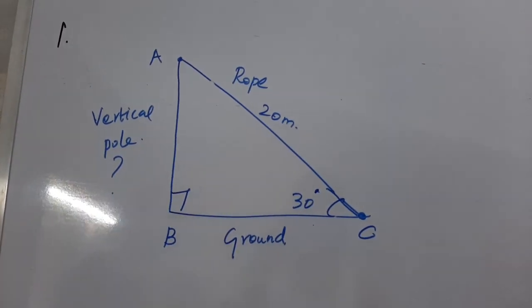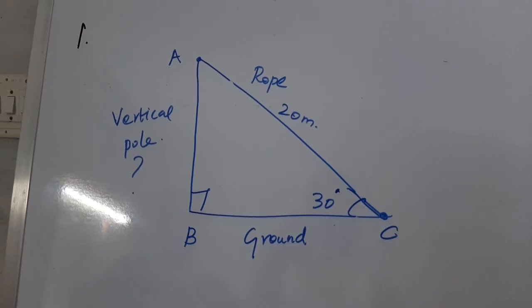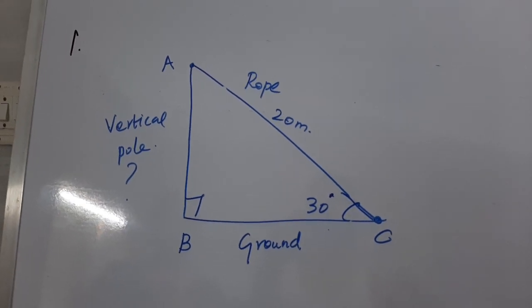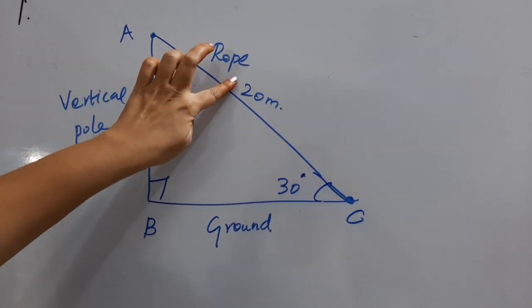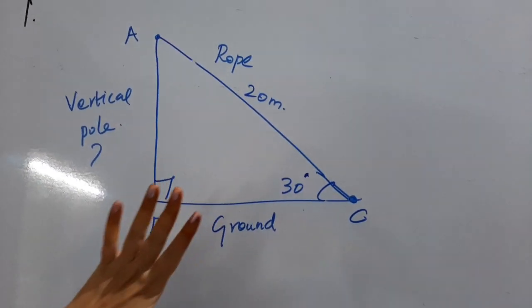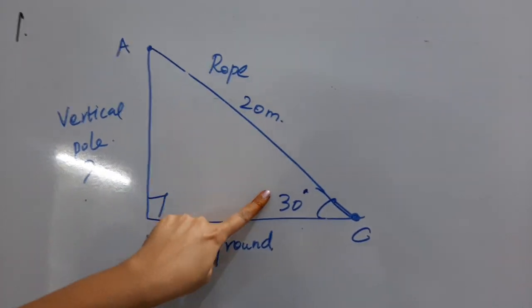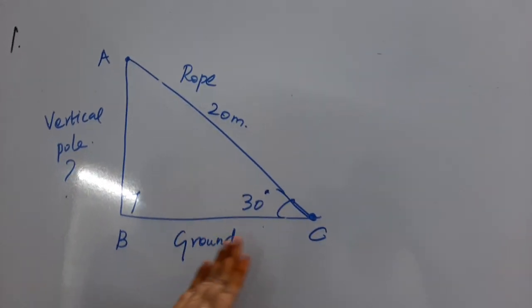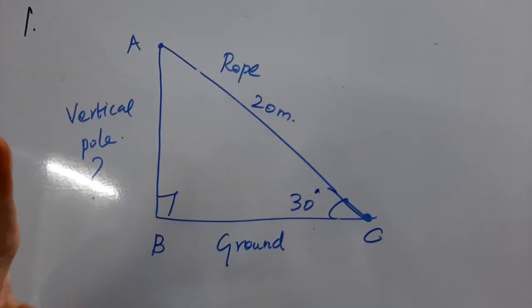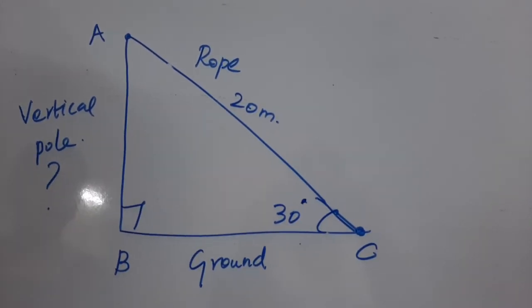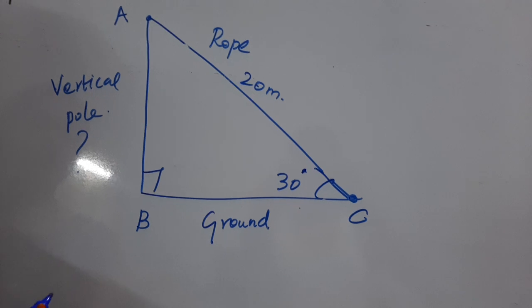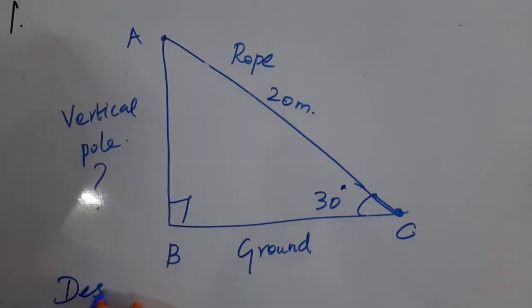Secondly, you need to check whether to find out the height or the distance. We should have one measure with one angle. That is enough. With one measure and one angle we can find both the distance as well as the height. But in this particular sum they asked us to find out only the height. These values are given. After this we need to write